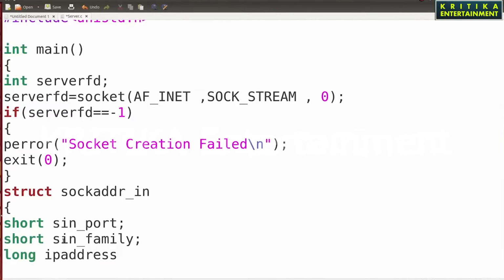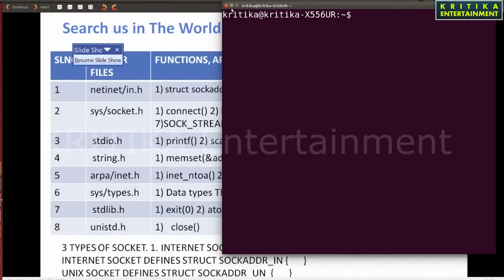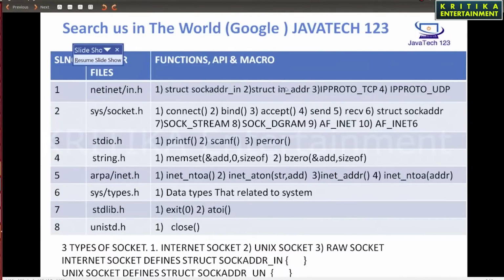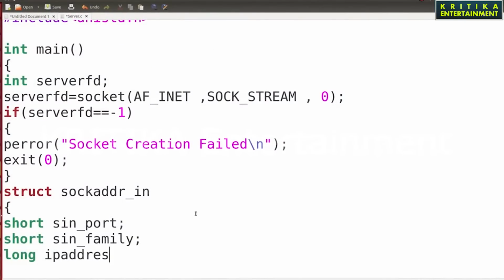It holds the IP address, your port, and whether it is IP version 4 or 6.